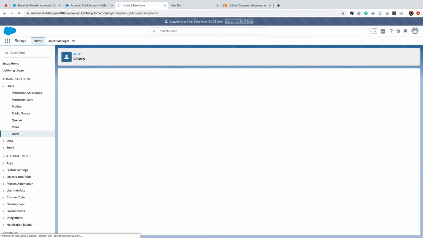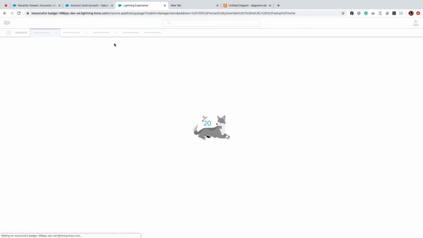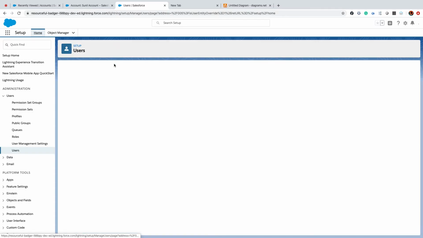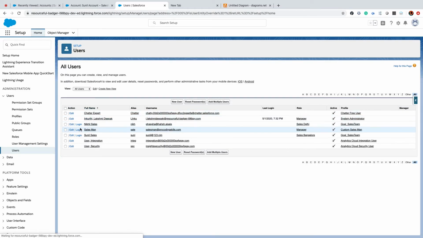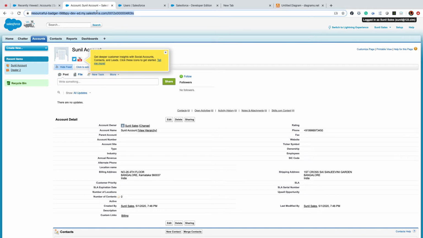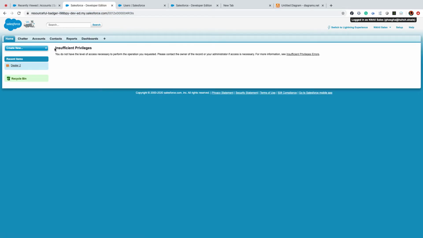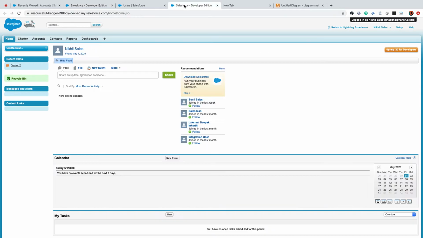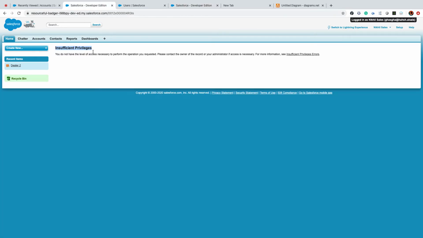Log out as Sunil, and log in as Nikhil. What happened? Insufficient privilege access, right? So it means that the data is not sharing, right?